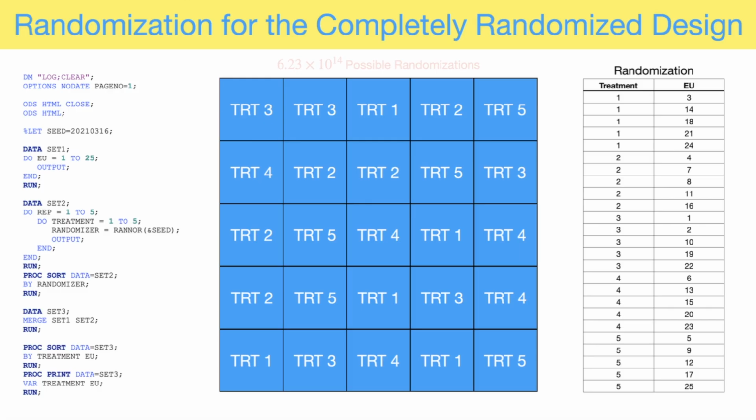And I would just point out that for this particular situation with 5 treatments and 25 experimental units, so that we're having equal replication for all treatments, under the completely randomized design, the number of possible randomizations is quite large, 6.23 times 10 to the 14th. So that is the number of possible randomizations. And again, that's obviously a very large number. In fact, that is